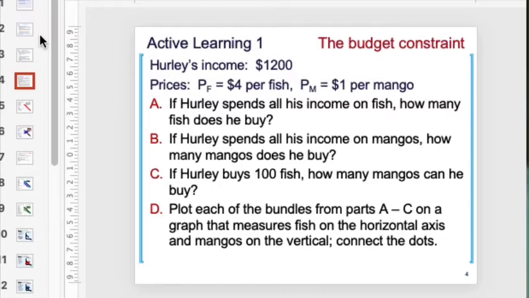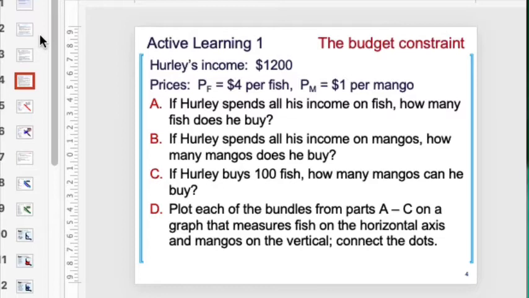The first one is, if he decides to use all of his income to buy only fish, and the price of fish given above is $4. So if she decides to only buy fish, then that would mean we divide 1200 by 4, and you come up with a value of 300. And that would mean that if she spent all her money on fish, she'd be able to buy